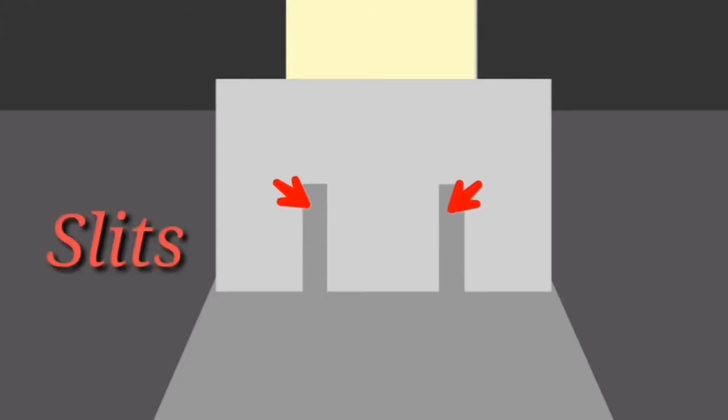For this, we'll need a screen. We'll throw some electrons at the screen. We'll have a wall in the middle. The electron can pass through these two slits. Before doing this, let's think about an electron. What is it? Is it a wave or a particle?